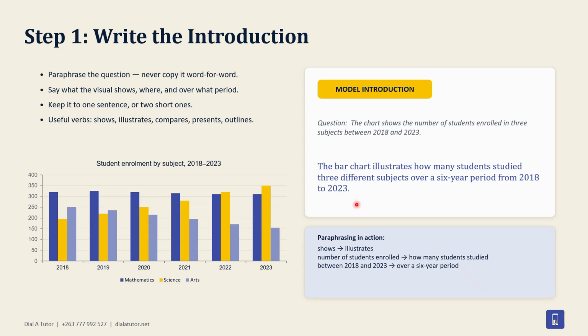The bar chart illustrates or shows how many students enrolled for 3 different subjects at Pelandaba Primary School or Pelandaba Polytechnic or Pelandaba High School over a 6-year period from 2018 to 2023. That's your introduction. Illustrates, shows the number of students enrolled, and then you mention the period. Now, let's go to our model